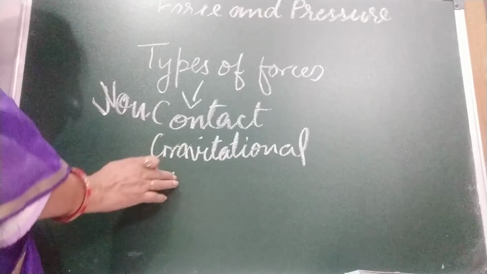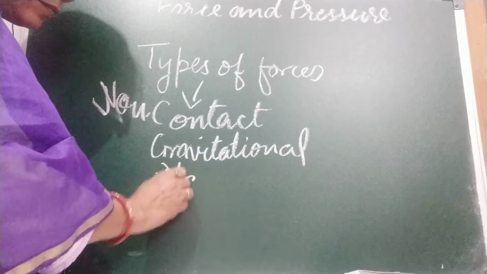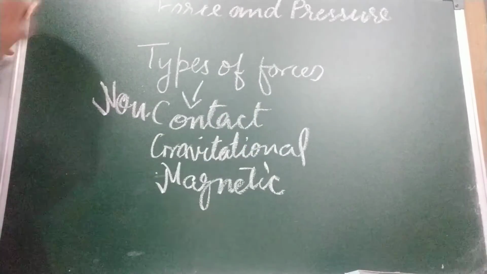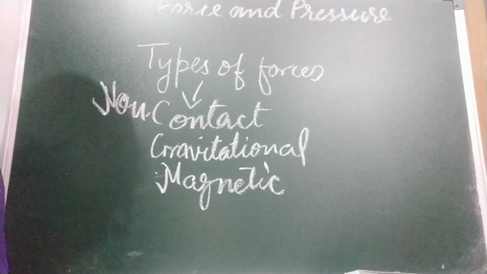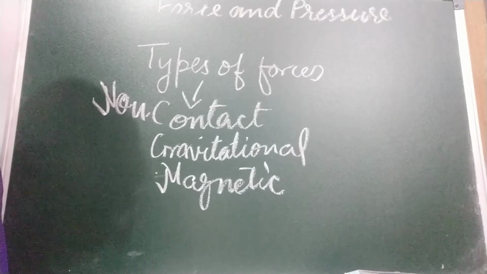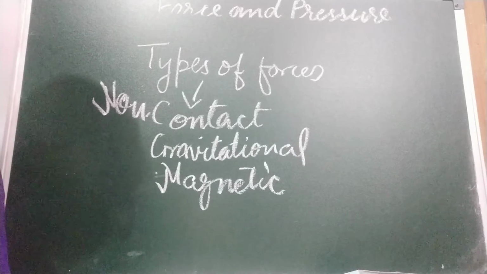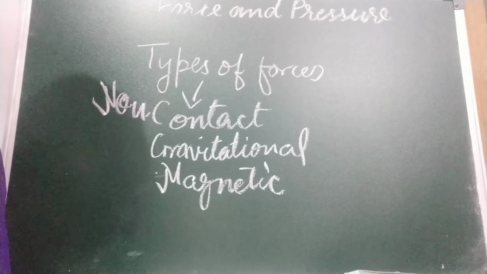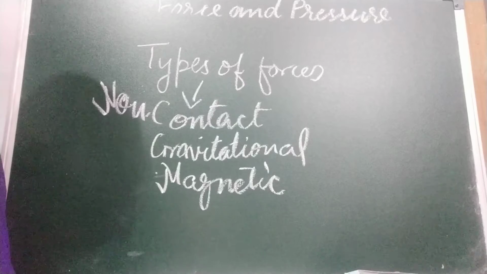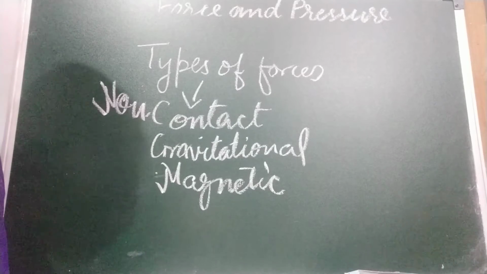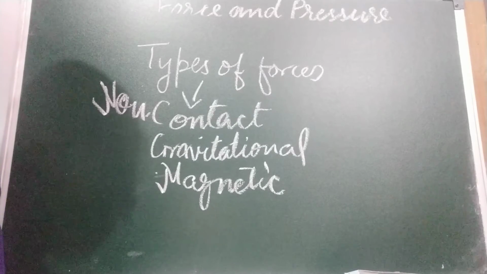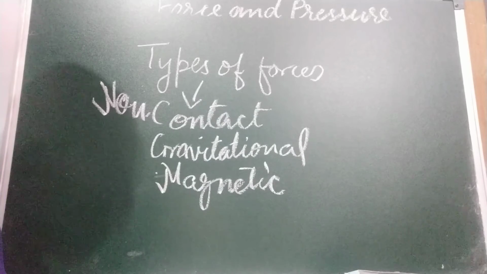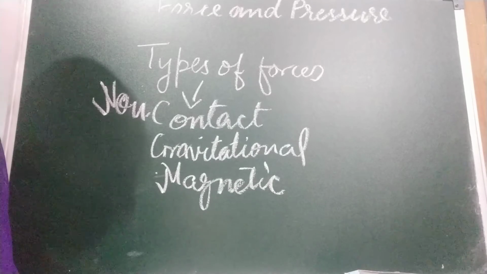Now children, we are coming to the magnetic force. All of you know about magnets. A large magnet is being used to pick out scraps of iron from the garbage. You learned this in class 6. It is using force to lift the iron piece. This force is called magnetic force or magnetism. Magnetic force is exerted by a magnet on certain metals such as iron, cobalt and nickel.